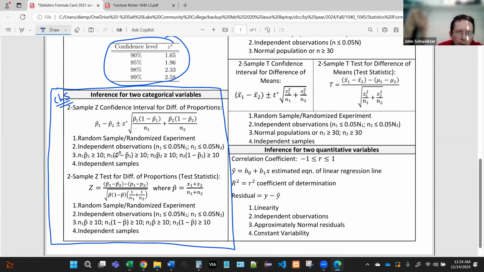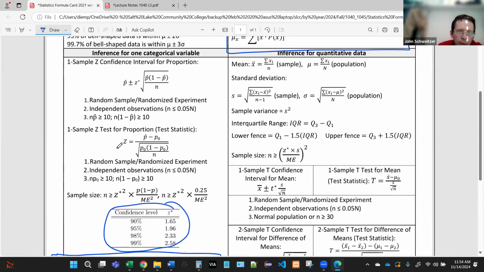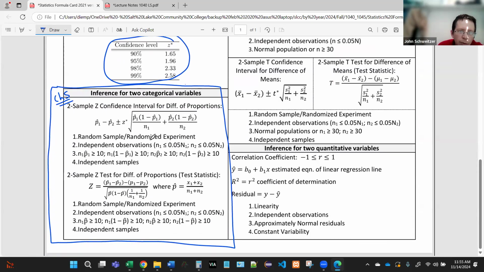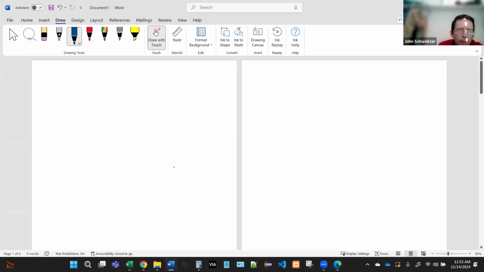So again, these are from your formula card, and they should be very familiar to you. Let me just scroll up to chapter 3 and remind you guys, it's very similar to what we had in chapter 3, right? We had randomness, we had independence, we had at least 10 successes, at least 10 failures, right? So it resembles chapter 3 quite closely. There is a fourth one because of the additional sample. We have 2 samples, right? Okay, so let's go through those and make sure these are all met.